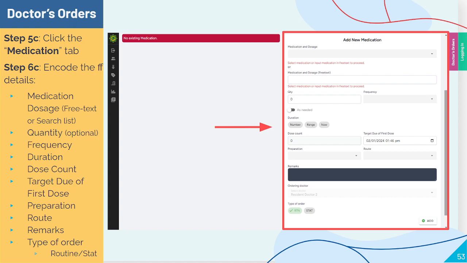Next, indicate the quantity, which is the number of the medications the patient should take. Frequency is the time, meaning whether it is daily or twice a day, 3 times a day, monthly, weekly. So these are the frequency. And then duration means the